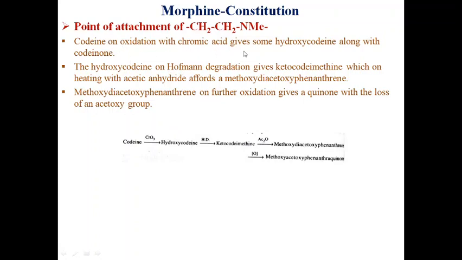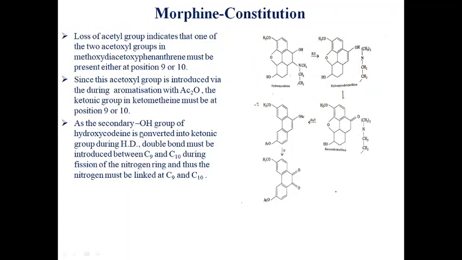Codeine on oxidation with chromic acid gives some hydroxycodeine along with codeinone. Then the hydroxycodeine on Hofmann degradation converts into ketocodimethine, which on heating with acetic anhydride affords methoxydiacetoxyphenanthrene, which on further oxidation gives a quinone with a loss of an acetoxy group. The inference drawn from this series of reactions is that the loss of the acetyl group indicates that one of the two acetyl groups in